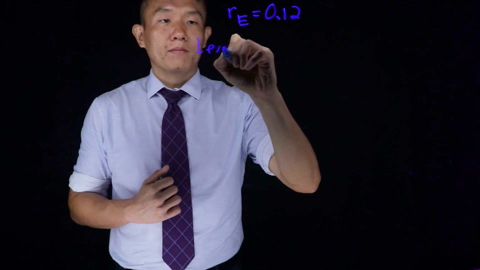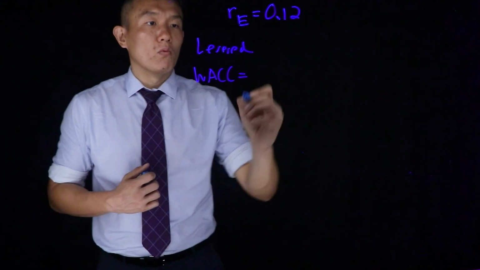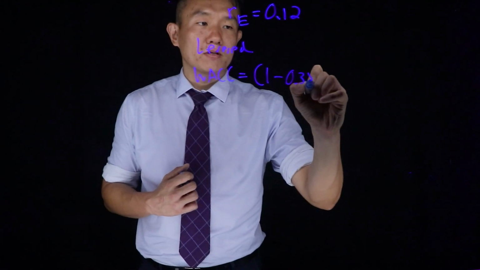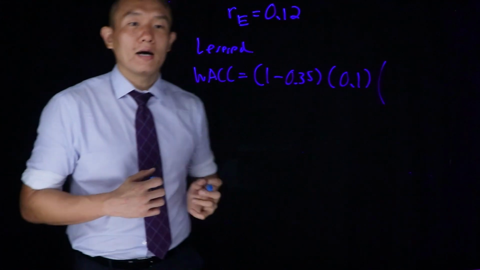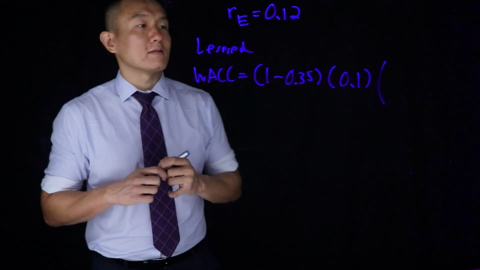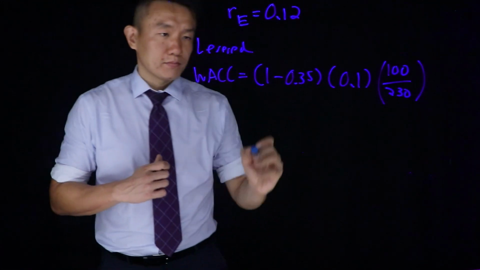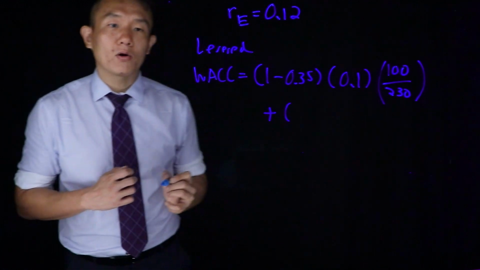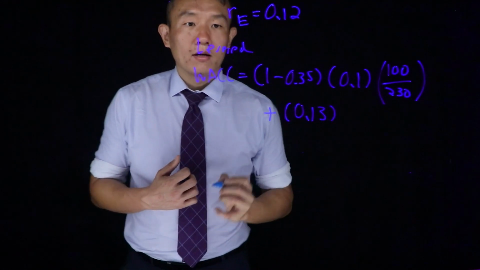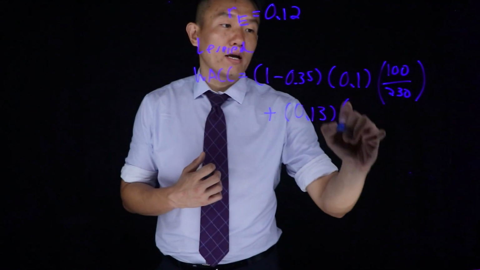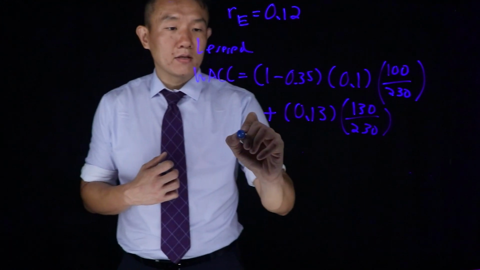For the levered firm, the weighted average cost of capital is going to be (1 - 35%) times the return on debt, which is 10%, times the fraction of the firm that is debt, which is 100,000 out of 230,000, plus the return on equity, which for the levered firm is 13%, times the fraction of that firm which is equity, which is 130 out of 230, and that gives us about